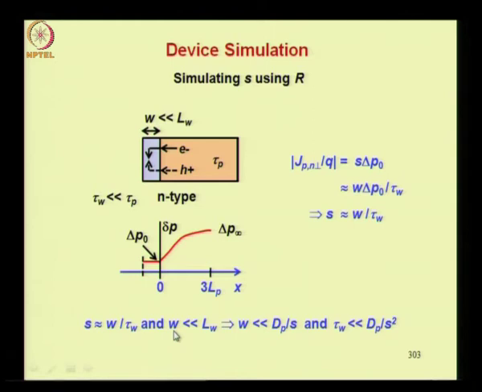So I leave it as an assignment to you. You substitute in LW square root of the dP into tau W, because that is what the diffusion length is, and then combine these results and you will get this formula. And similarly the condition on tau W would be it should be much less than dP by S square. So this again can be obtained by combining the results here. Now you must take care that tau W remains much less than tau p also. So that is the additional requirement.